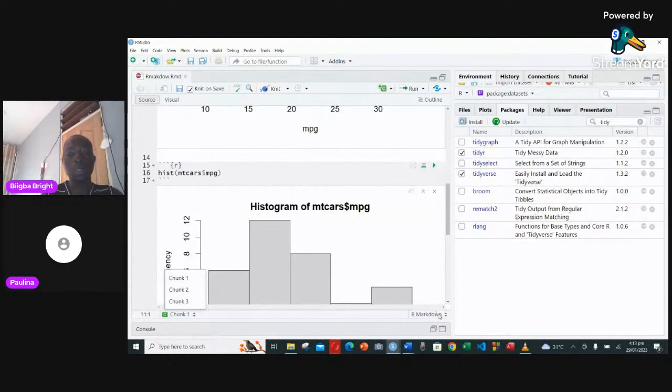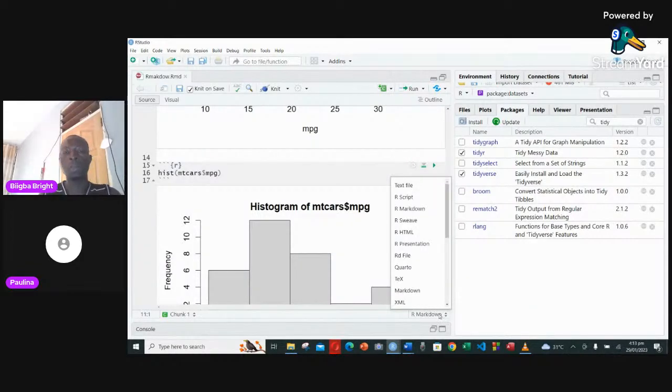Then when you also check around this side, you see something like R Markdown with arrows pointing up and down. When you click on that as well, it's going to give you everything that you are looking for. If you want HTML from here, you can get it. So it means all the things that you have run here which has worked. If you want to bring an HTML file out of it, you get it from here. If you want a new script,